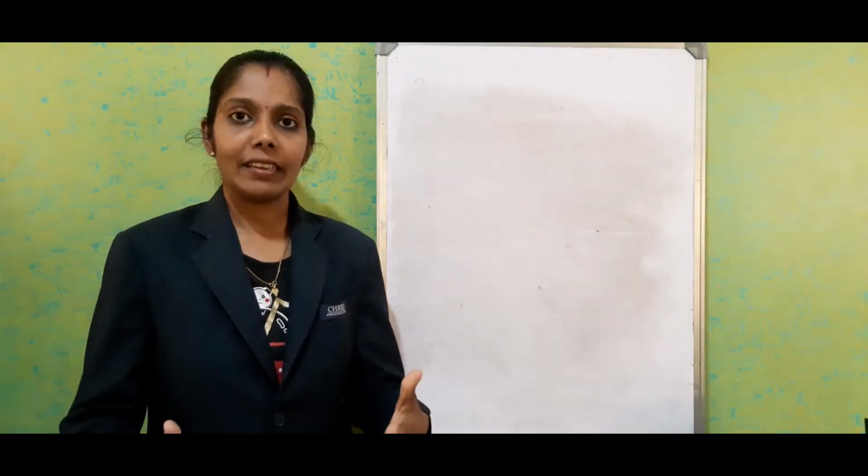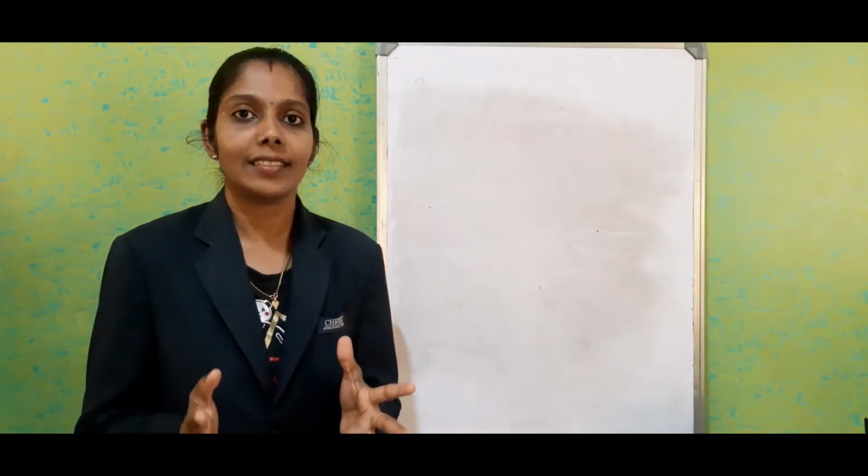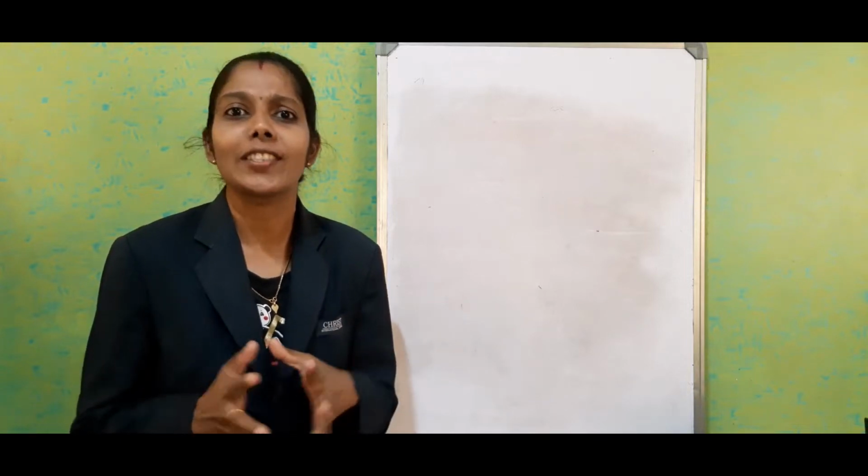Hi everyone. We are always amazed by nature's beauty. In our childhood days, we always had so many questions in our mind, like why the color of the sky is blue, why clouds are white in color, or even why the sun is always red in color, right? So today we are going to study the scientific reason behind all these things. That is a special property of light rays called scattering of light.